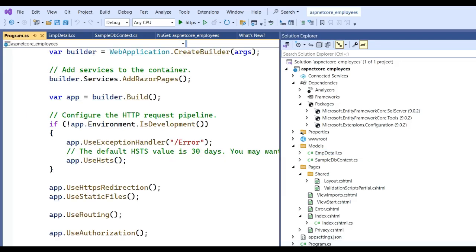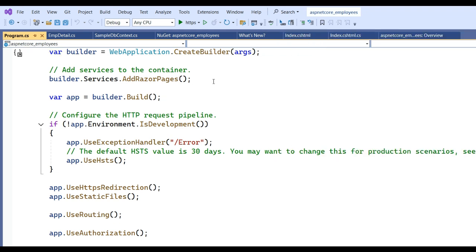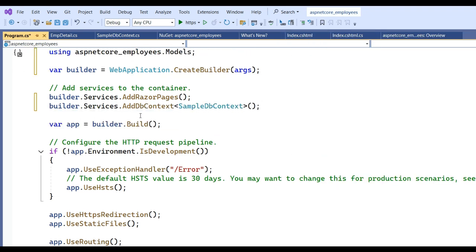Go to Program.cs, and we need to add a service to the container here, and this is the SampleDbContext class. Here you can see we need to add builder.Services.AddDbContext with SampleDbContext. Okay,